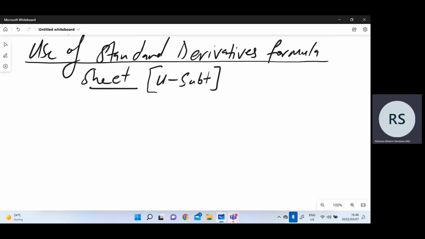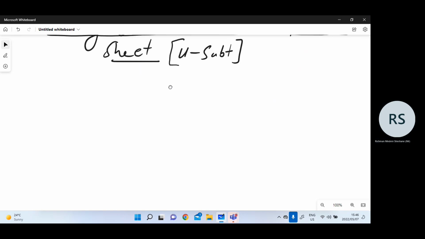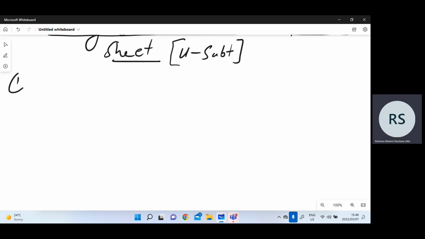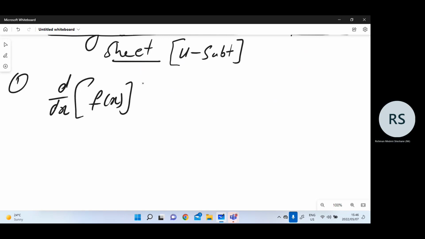The first standard derivative in your formula sheet is this one. Let me write it here. The first one. When you differentiate anything that is in the form of a function that is to the power of n,